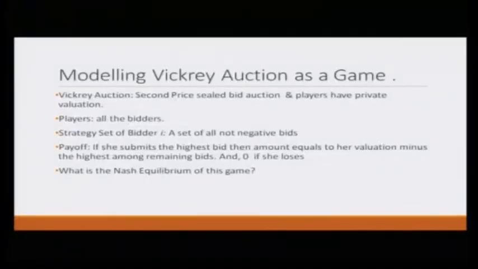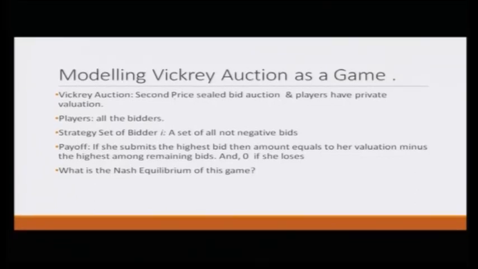Even between 0 and 1 we have infinite real numbers, the different numbers a player can bid. So, one way to do it is to restrict ourselves to whole numbers and make a smaller table, that would work. But if we want to do it a little rigorously, then we should allow that bidders can bid any non-negative number. So, before we figure out the Nash equilibrium, let us look at